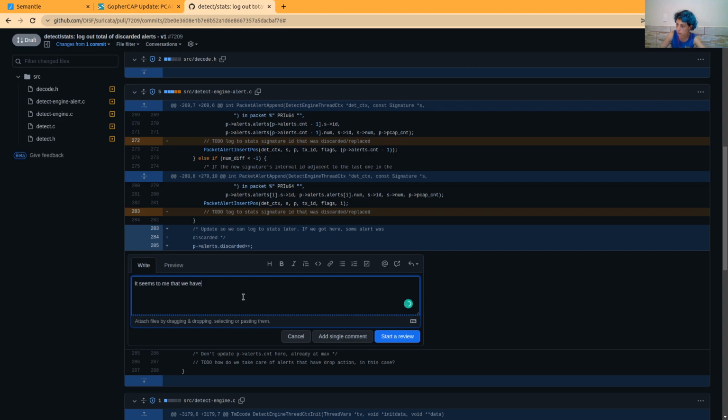Seems to me that we have these two situations. The new match happens for a signature with a lower priority ID, so it will be discarded and nothing changes in the alert queue. Do we want to log these two as the same thing, the stats log?